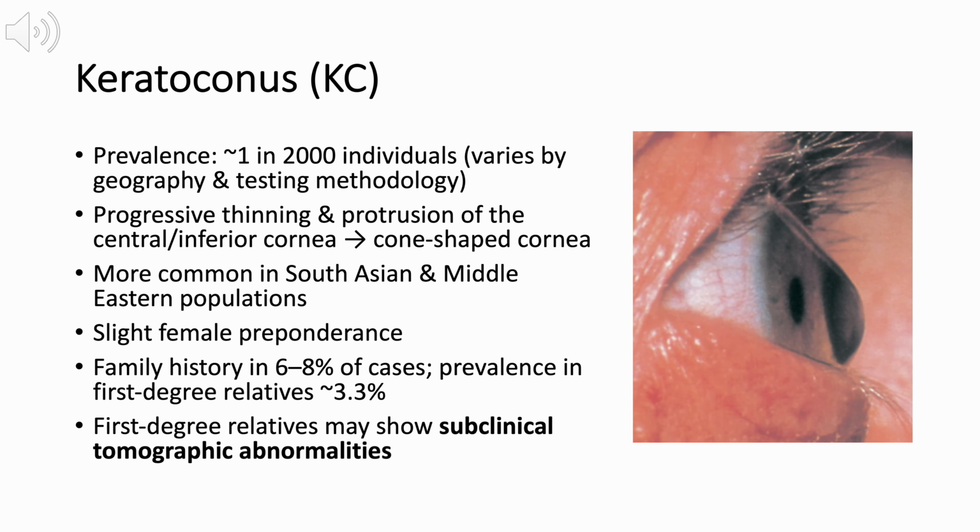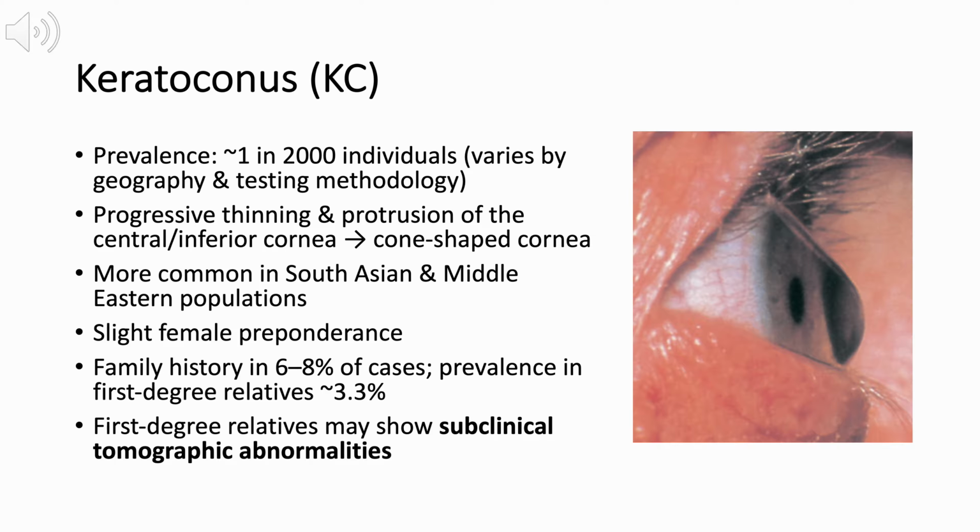Let's begin talking about keratoconus first. Keratoconus is a progressive ectatic disorder characterized by thinning and protrusion of the central or inferior cornea, resulting in a cone-shaped appearance. The prevalence is estimated to be about 1 in 2,000 individuals, though this figure varies depending on geography and testing methodology. It is more commonly observed in South Asian and Middle Eastern populations and shows a slight female